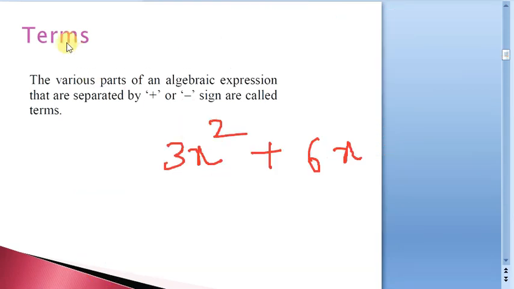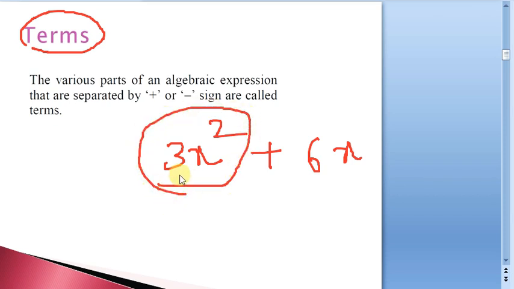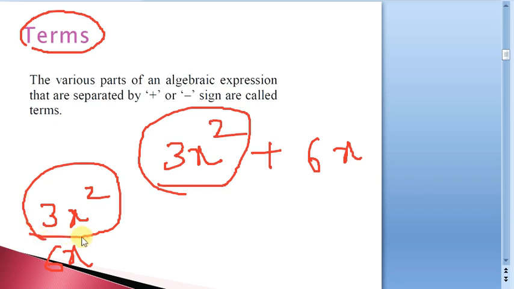Now after understanding how to count the number of terms, we will take one more concept called coefficient and exponent. Now see a term 3x square here. Is it a term or not? 3x square as a whole is going to be a term. So let us write 3x square aside, and there is one more term which is 6x. I will be writing 6x aside. Now see in this 3x square, what is the variable involved? The variable involved is x.